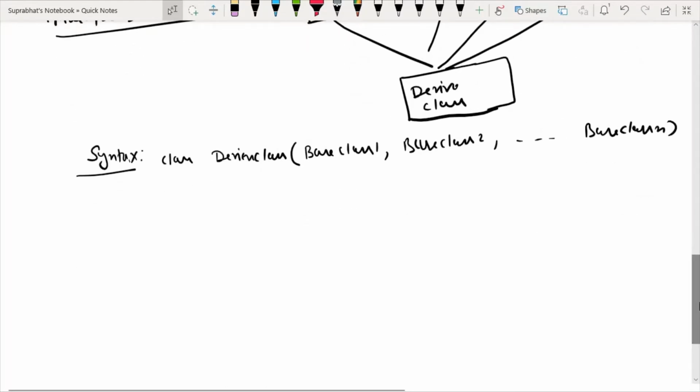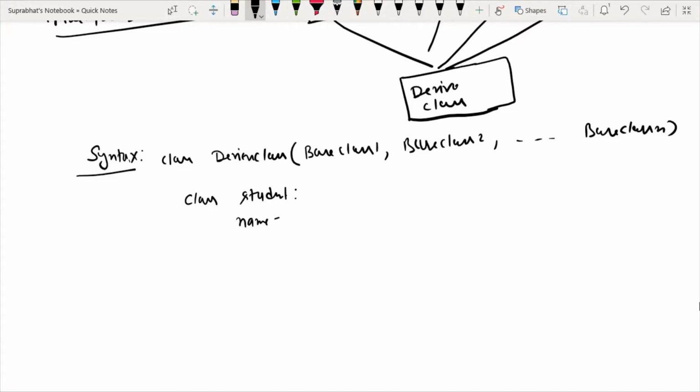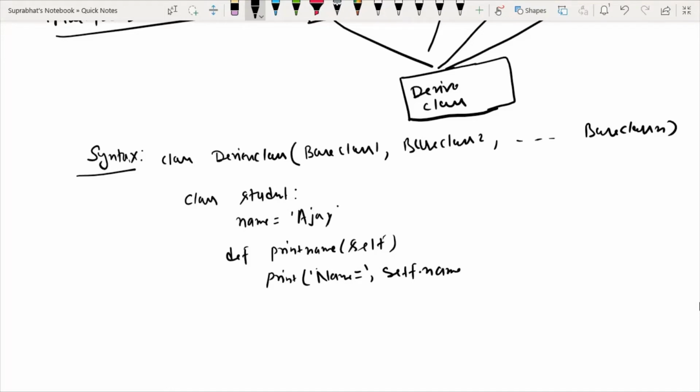Suppose we have one base class, that is the student class, and in this class I have taken one property, name, and one method in which I am just printing the value of self dot name.